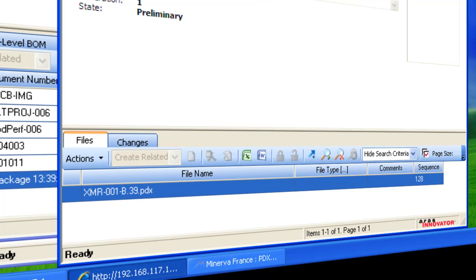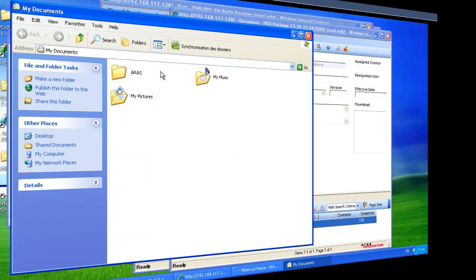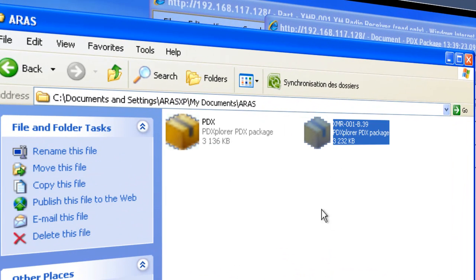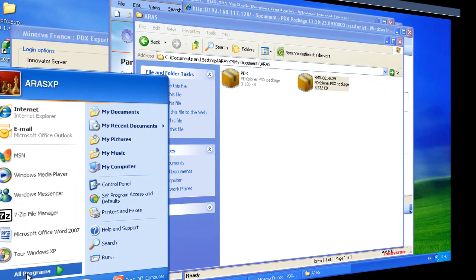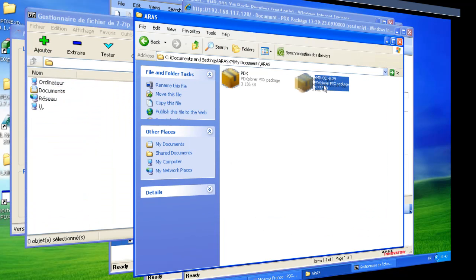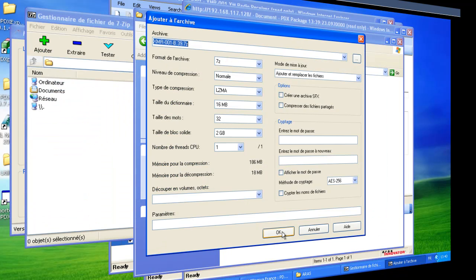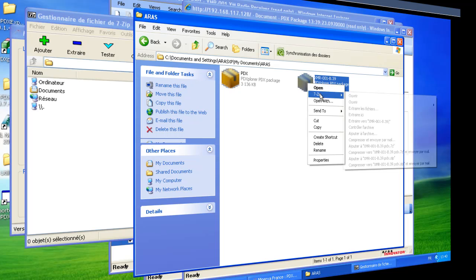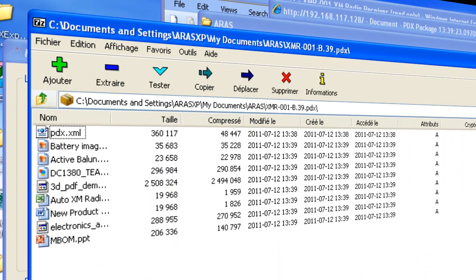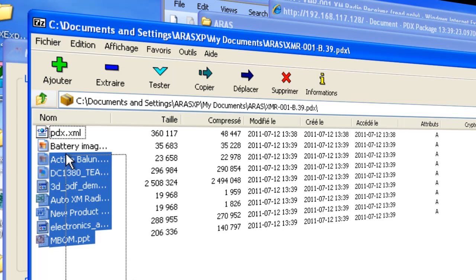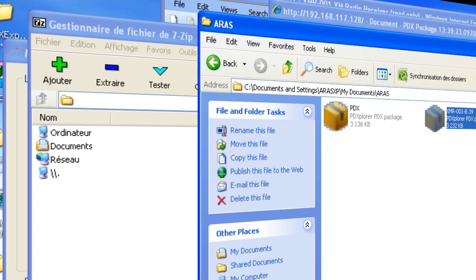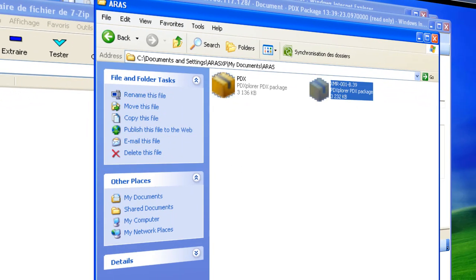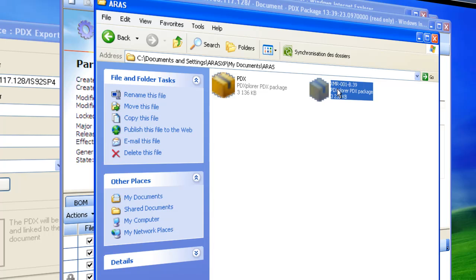Okay, so my temporary file is there, it's 3 megs. As I've shown in the first video, if you open the file, you will see that it's an archive with a PDX file and different documents. We didn't have a lot of documents in this assembly. And if I open it with PDX Explorer,